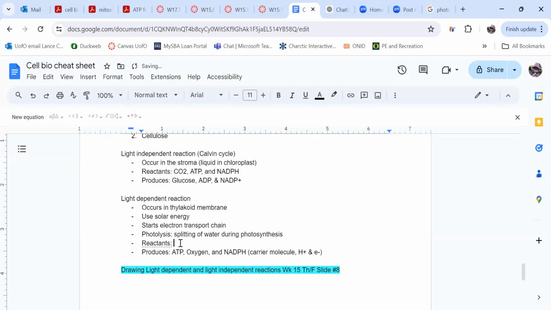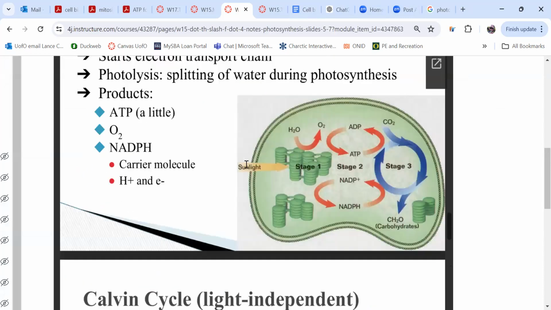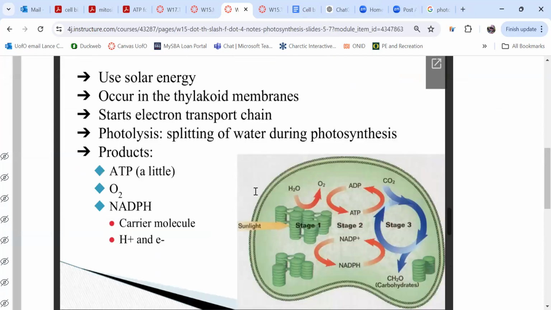Reactants: light, water, and if this light dependent reaction graph has carbon dioxide in it,